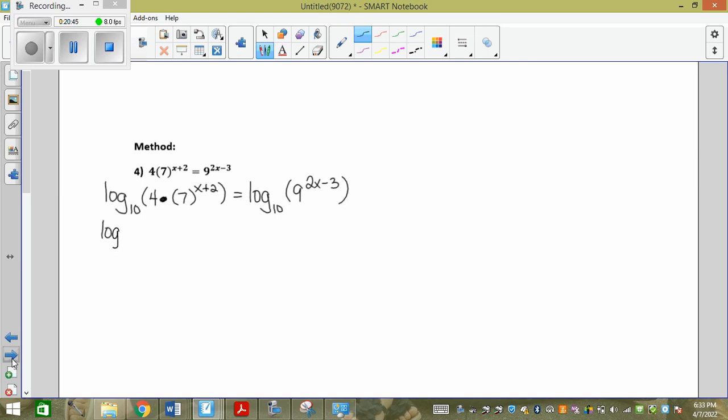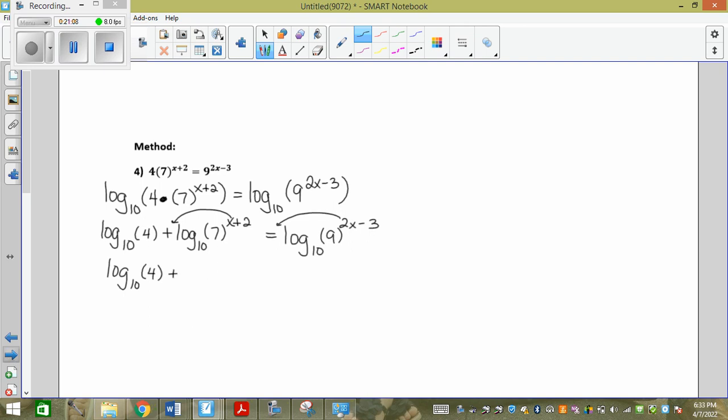So I have to separate this by addition, because that's what you can do with multiplication. Log base 10 of 4 plus log base 10 of 7 to the x plus 2 equals log base 10 of 9 to the 2x minus 3. Then my rule was I could take my exponent and drop it in front. So I'm going to get log base 10 of 4 plus x plus 2 times log base 10 of 7